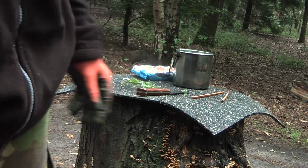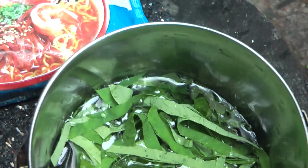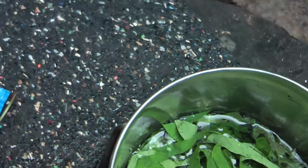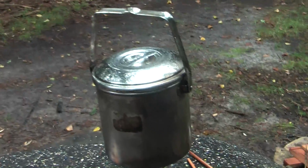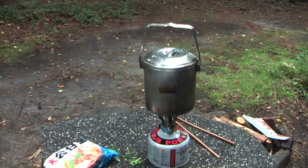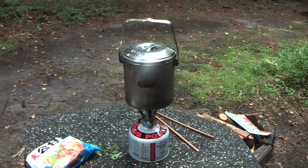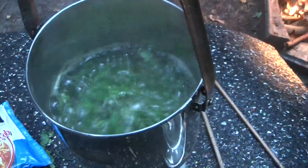So, let's see what we've got. I'm gonna boil this first, then when it's boiling I'm going to add the noodles, just like you would. And remember, never pluck all the plants in one area, leave some for next year. It's very important. Be sustainable. So it's boiling,